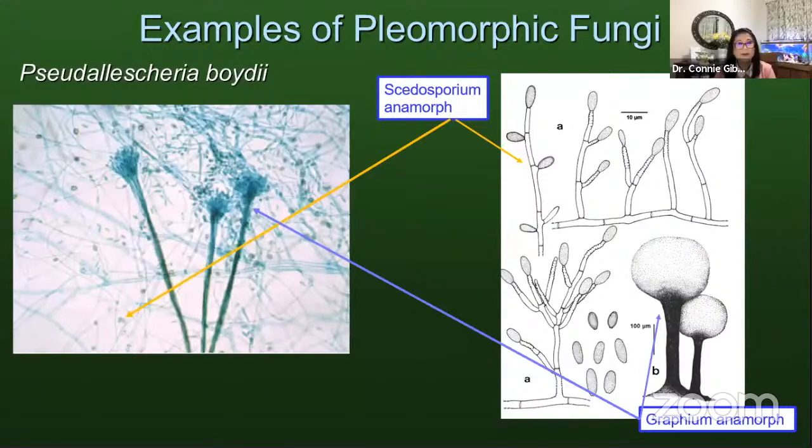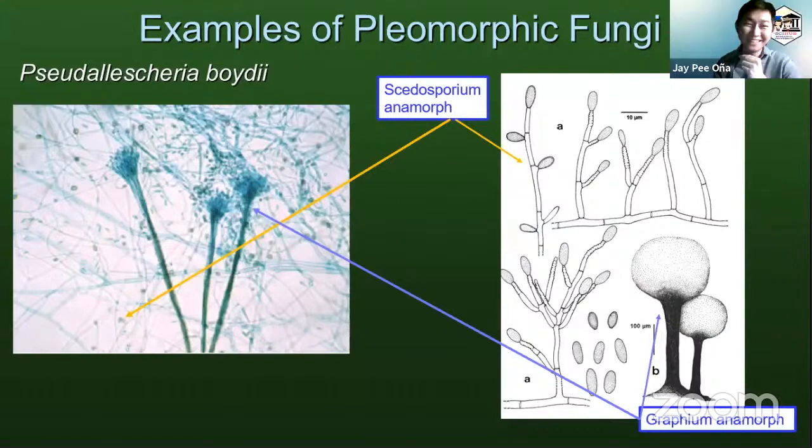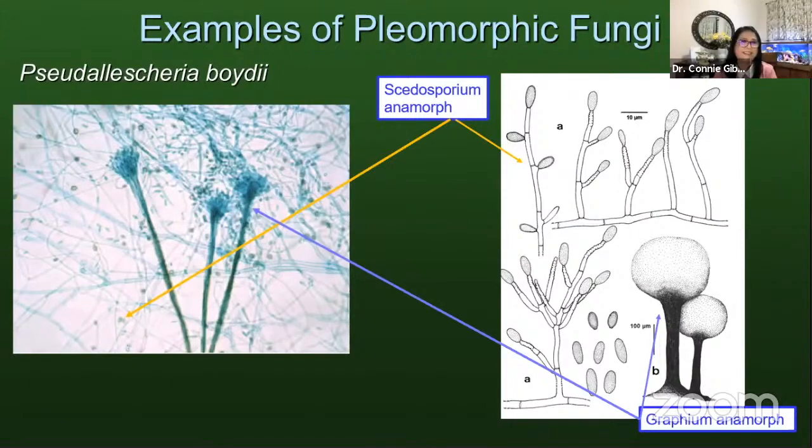Okay, so another example of a pleomorphic fungus is Pseudallescheria boydii. Nice name, right? Maybe you could name your children that. Hey, Pseudallescheria! Kind of a mouthful, po. Maybe just something else, tita. That could work too. Anyway,